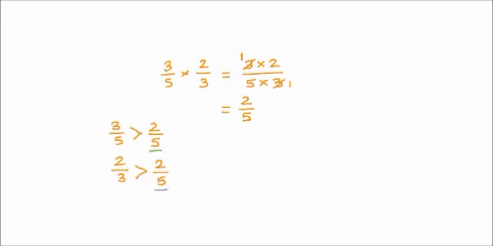This is our result. And we have the multiplier 3 upon 5 as one multiplier here, and we also have the second multiplier as 2 upon 3 here. So we've observed that in these cases, the multipliers are greater than the result. And this is true only in the case of multiplication of proper fractions.